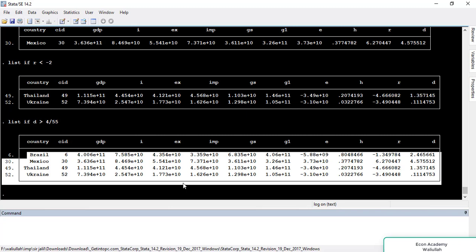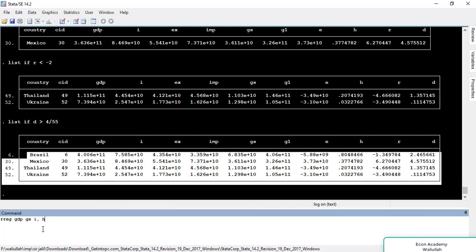So till now we have explained what an outlier is and how to detect it. Now I will explain how to treat it. For treating it, we have to move to robust regression instead of simple regression. For this we have the command rreg. So we will write the same command reg, and before that we will write r. So now we will run the command rreg, and then the same dependent variable and the same independent variables, and after the comma